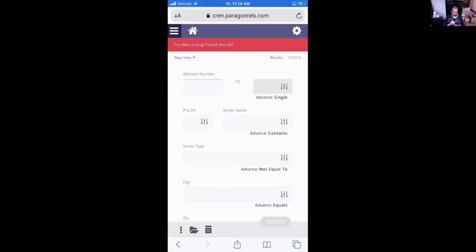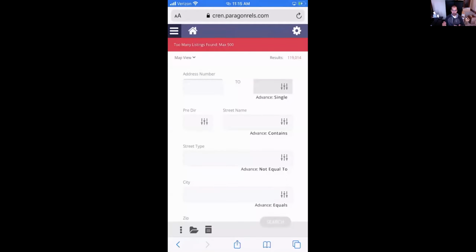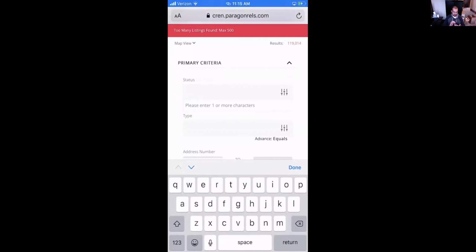Right next to that is a folder. So if I wanted to load my saved searches from here, I can click on that folder and it's going to give me all my saved searches. So there's another way to get to your saved searches. If I wanted to go ahead and look at these, I can just click on that little folder and then load that saved search. If I wanted to start a new search, I definitely can,